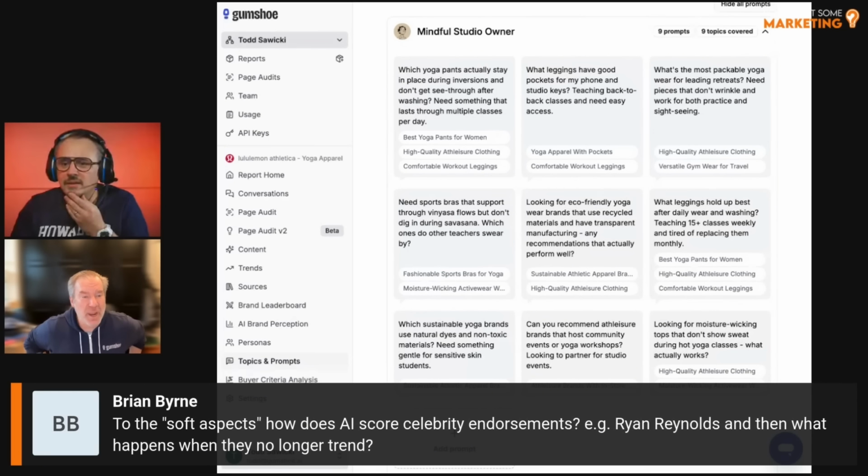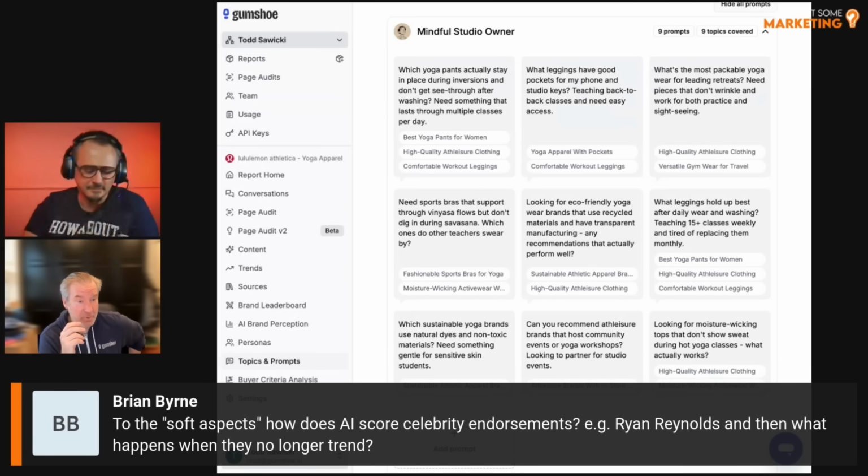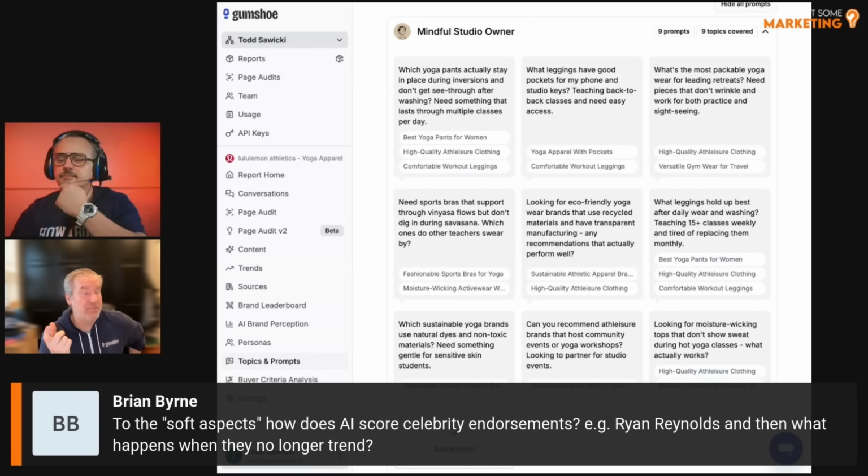This is a great question around celebrities. AI cares less about celebrity endorsements and more about authoritative or canonical sources. So they love people who have more of an academic, more of an industry reference point. But that being said, fashion is an area where a celebrity would potentially have a particular voice and some opportunity. But when you look at what's getting referenced on Reddit in AI, what's getting